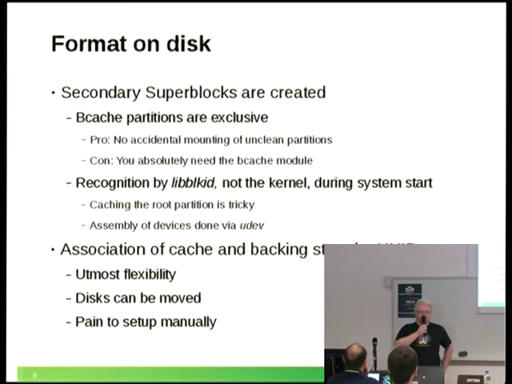Currently, in contrast to RAID, there is no auto-detection of Bcache devices in the kernel. So you could set it up from an initrd before the root file system is mounted. Then you can cache your root file system, in theory. I haven't looked into that, and I frankly think it is a bit silly,